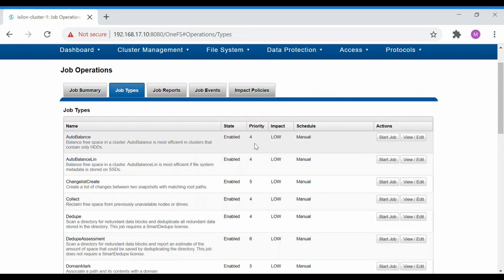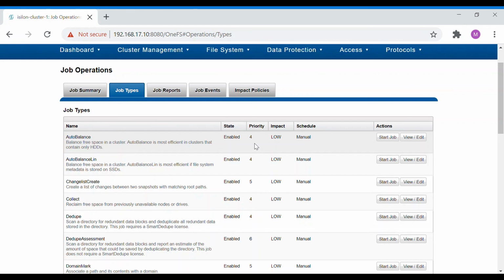This priority is given to jobs, so that a particular job will have the highest priority. Let's say you have 3 jobs running already, one job with priority 4, another job with priority 5, and the third job with priority 6. Now there is a new job coming in with priority 2.